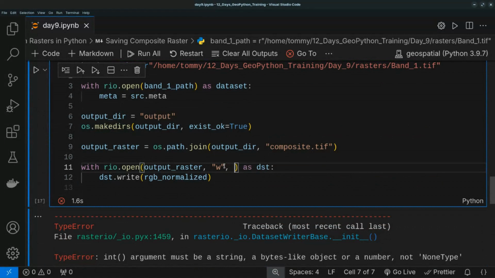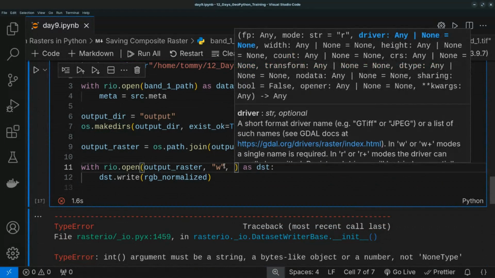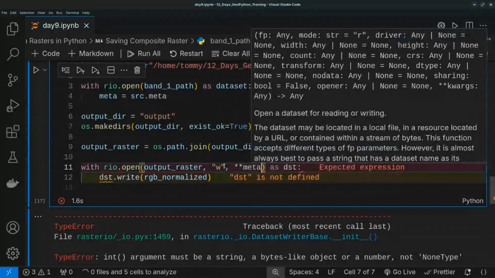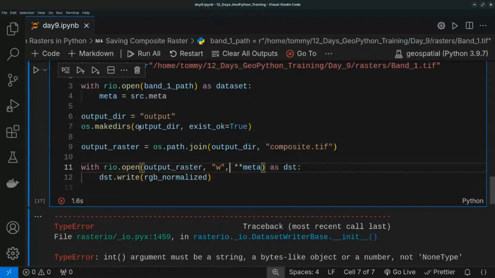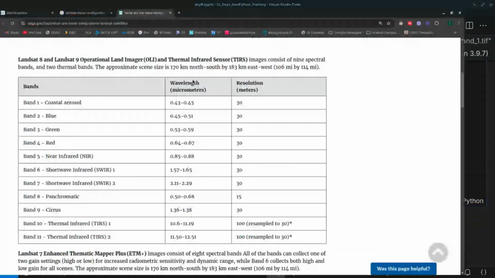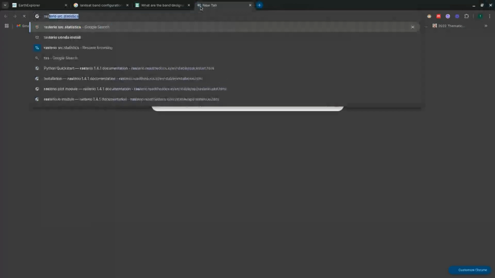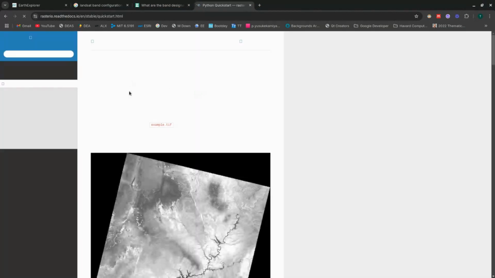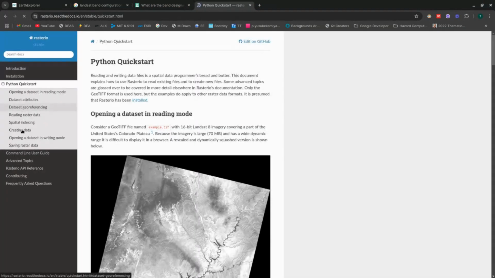We have to pass in the metadata, and we can spread it using this spread syntax. For dictionaries, you don't have to type in everything here one by one. Okay, I think I have to show you what I'm saying on Rasterio's own website. If I search for Rasterio docs, maybe the Python quick start, you get a link to come to this place. If I come to creating data,